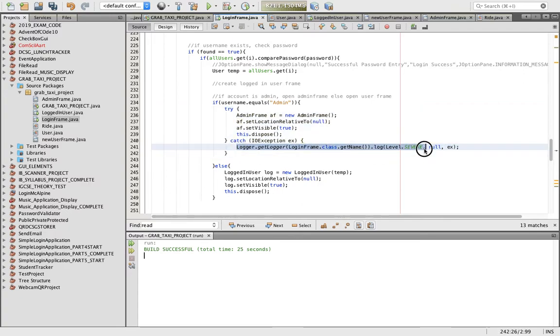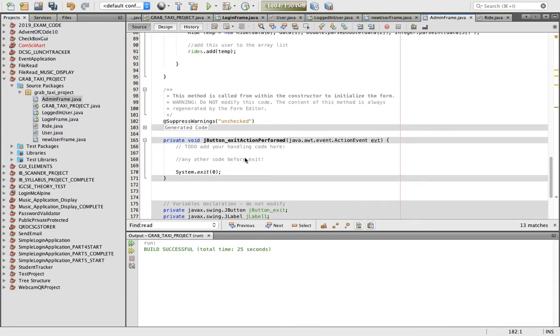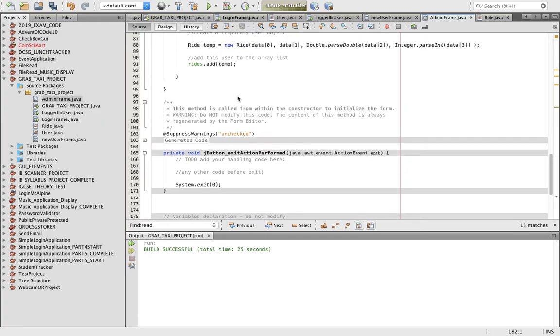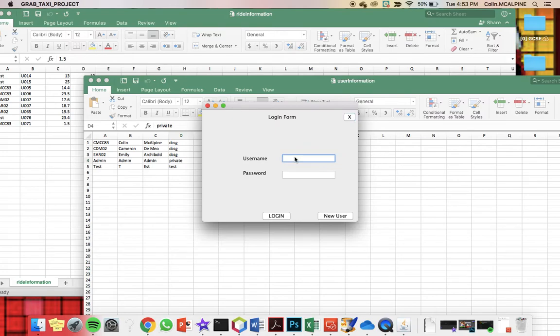And some people previously commented these out. We don't want to do that. We want to have the errors printed out so we can figure out if we have any errors, where they're coming from. So going back to the exit button, that would just exit the system. I don't see the need for the admin frame to have any special functionality where we can jump back and forward between anything. So now when we do admin, and the password was private,